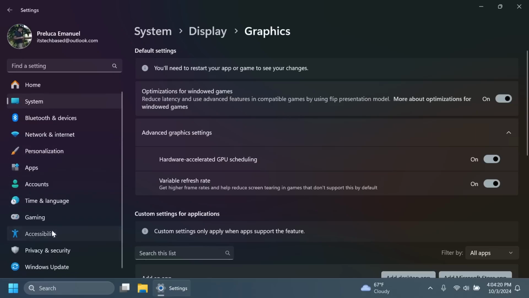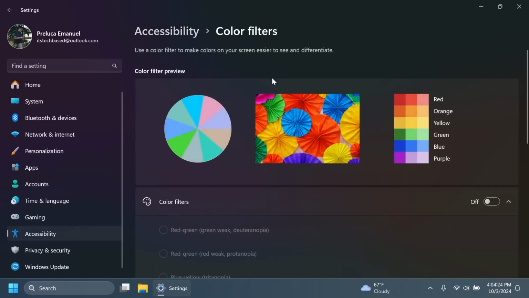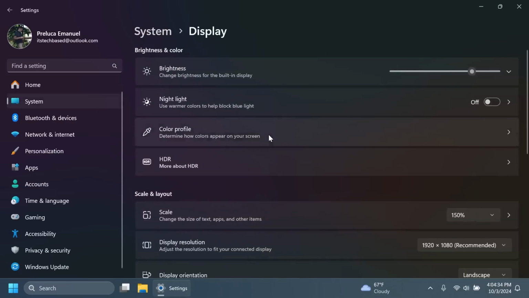In settings, accessibility, and then color filters, we're going to have new options for tuning intensity and color boost to the color filters. And also something similar in system, display, and color management. You're going to be able to add or remove color profiles, set default color profiles for the connected displays, and